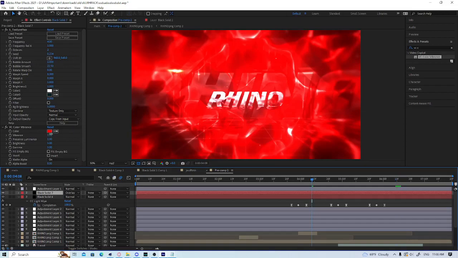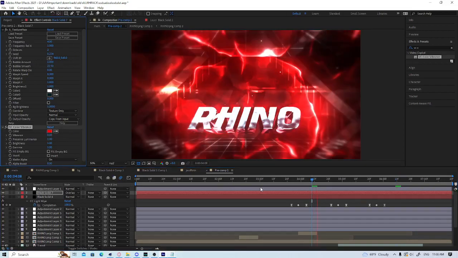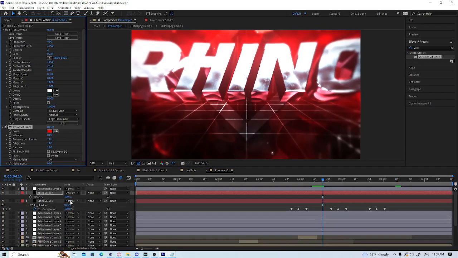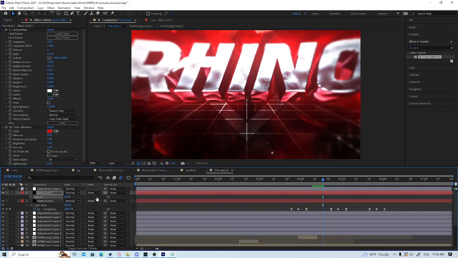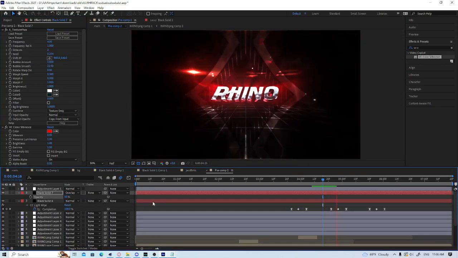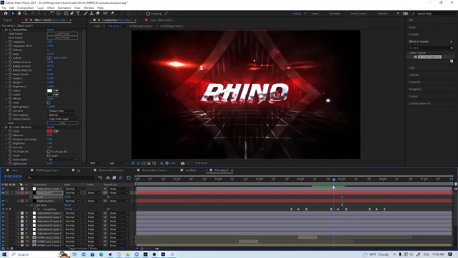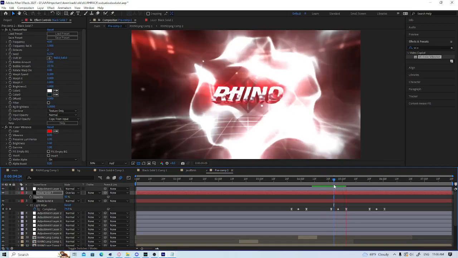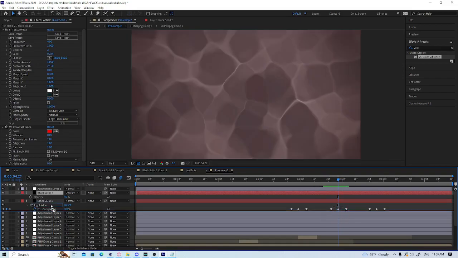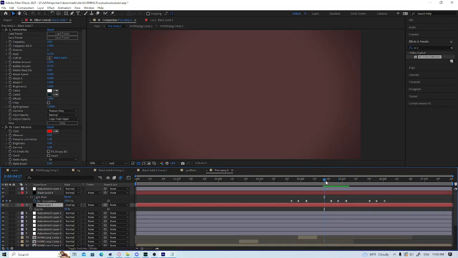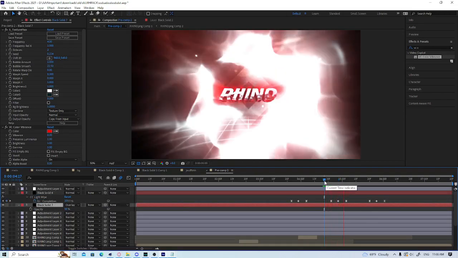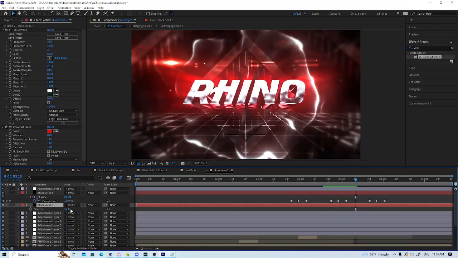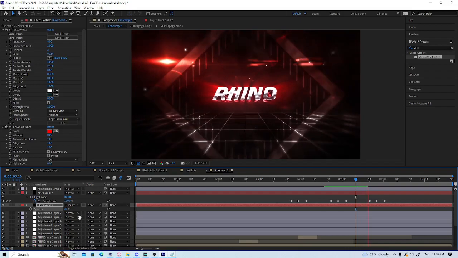You know what? I don't think we need vibrance. There we go. And then transparency should be 50. Put it below the black solid. Maybe the transparency should be like 25 actually. And then we can add